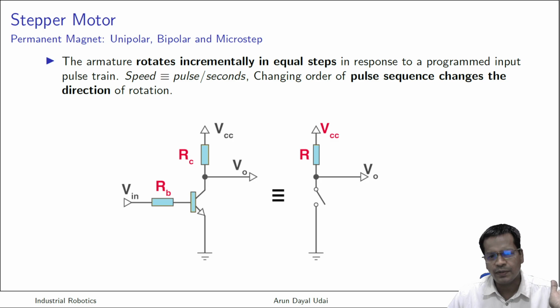So these are not very different. They are exactly similar switches. This can also be IRF switches, MOSFET switches, not necessarily a transistor switch all the time. This can also be a relay, but because relays are inductive in nature, they have coils in between. They have some residual magnetism which doesn't allow them to switch very frequently. So if you are using relays to drive such motors, you cannot do switching very fast. In order to do fast switching, special driver circuits are used. Okay, so as simple as that.